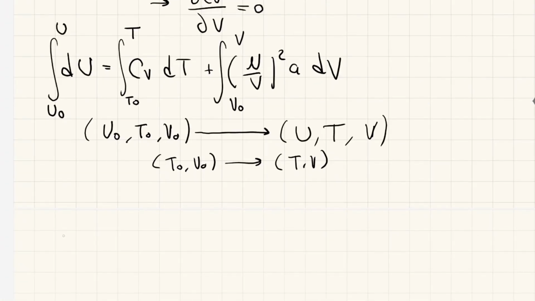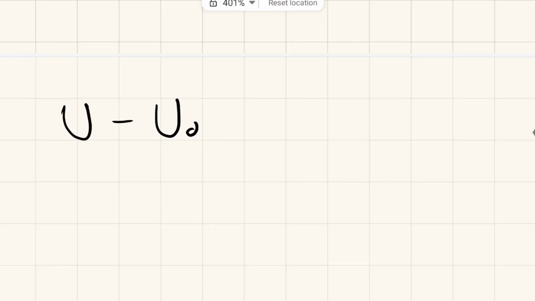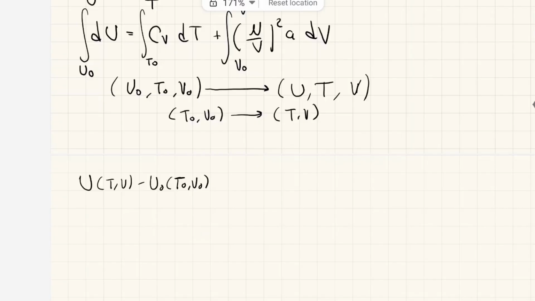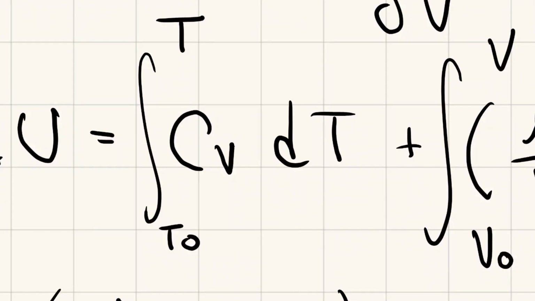Well, we get that for the first integral, we have u minus u0. Remember that this is a function of the state variables. So this is u of t comma b minus u0 of t0 comma b0, right? Perfect. So this is going to be equal to the integral of the heat capacity in the temperature domain, right? So in principle,